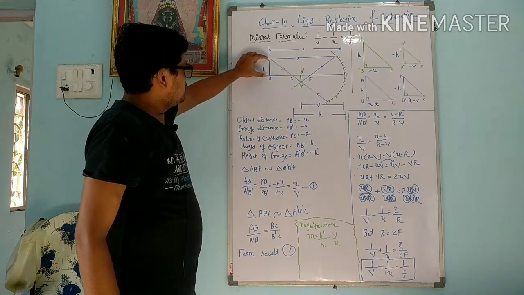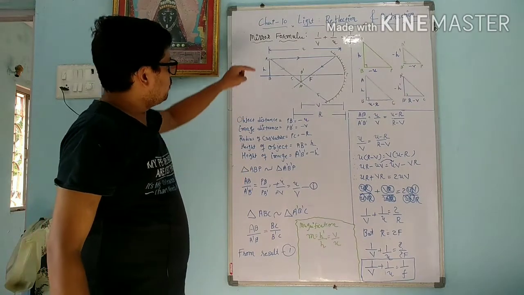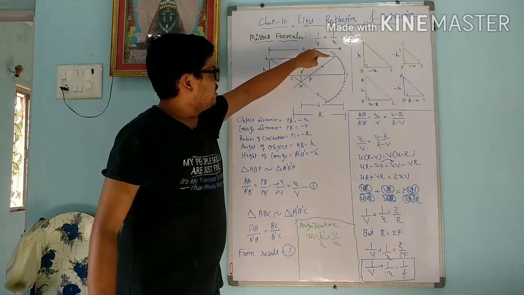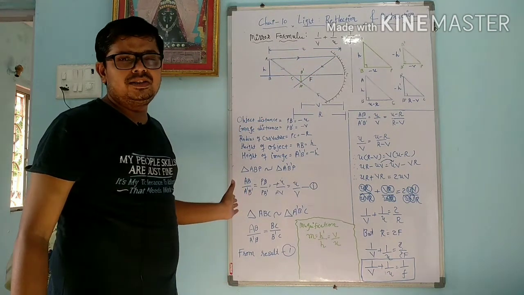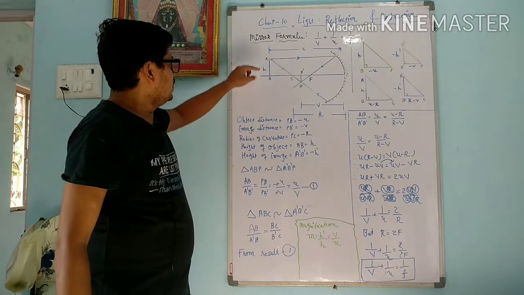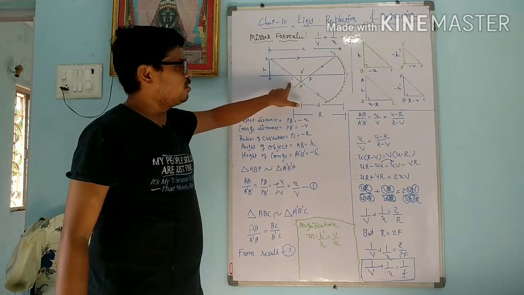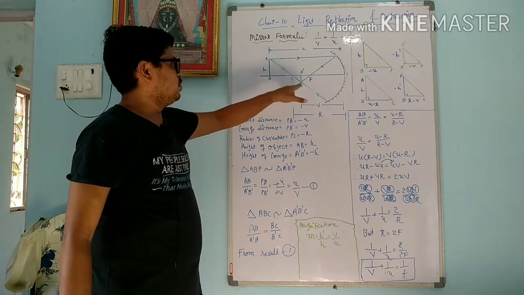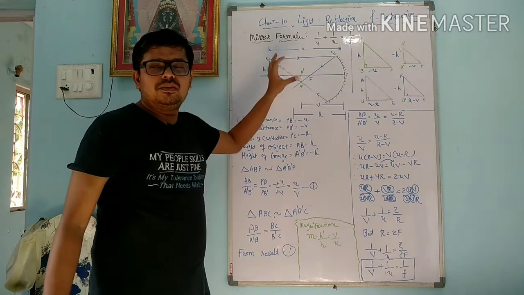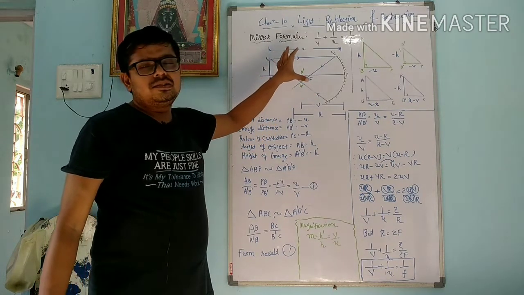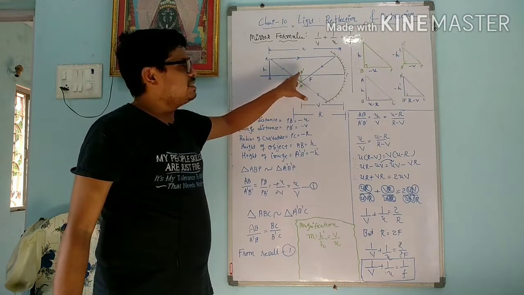Now when we keep the object in a perpendicular direction, to get the image we need two rays. The first ray will go in the parallel direction, and after reflection it passes through the principal focus and goes in the other direction. There are so many rays, but we consider only two rays. This is the first ray. The second ray passes through the center of curvature, and dear student, we know that if the ray passes through the center of curvature, it will go in the same direction. These two rays are convergent rays, because these rays meet after reflection. So these rays meet and they make the image A dash B dash.